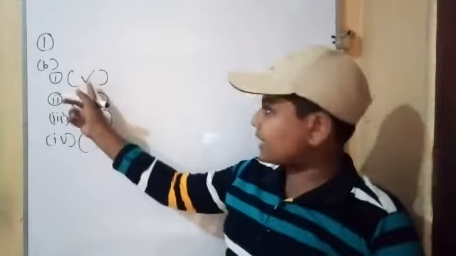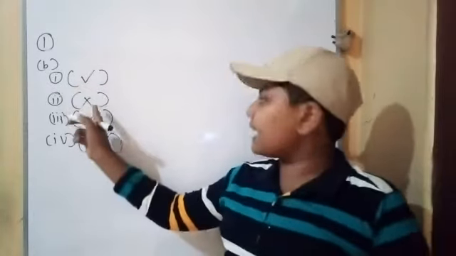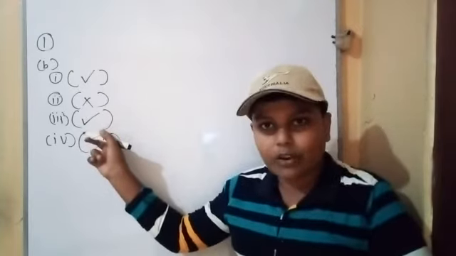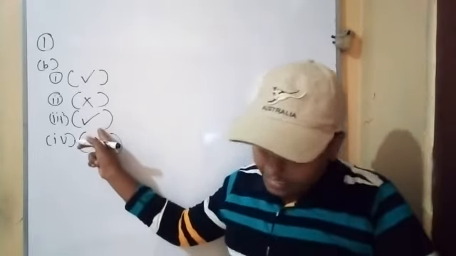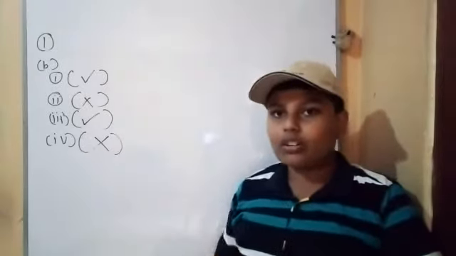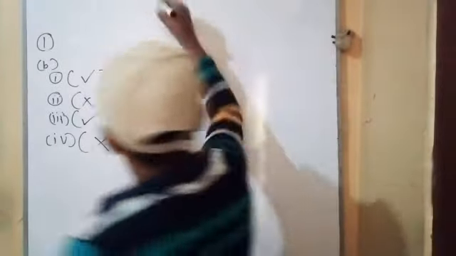Saturday is an element of A, correct. P is an element of D, wrong. All the elements of C are even numbers, correct: 4, 8, 12, 16, 20, 24. Any multiple of 3 from 1 to 10 is an element of G, wrong. Now these are the answers.